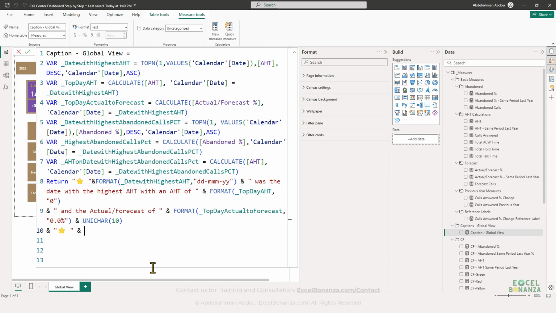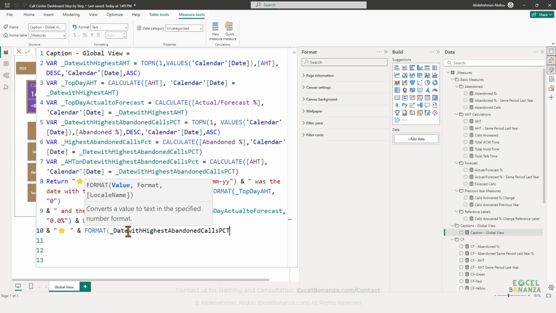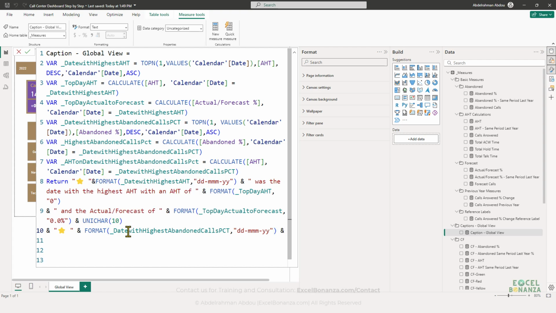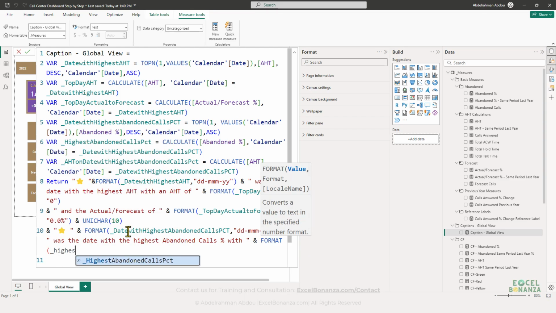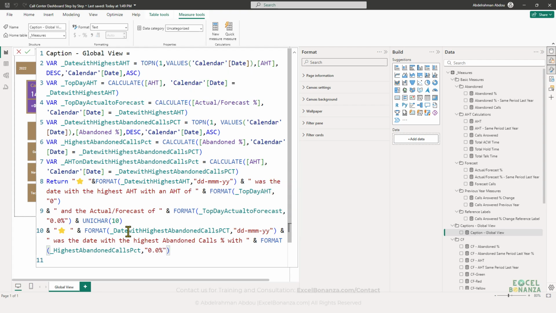the date with the highest abandoned calls %, but I'm gonna format it first. So format the date with the highest abandoned calls % as dd mmm-yy, and we're gonna concatenate that onto a space, and then "was the date with the highest abandoned calls % with" and a space, and then close the double quotes. Then we're gonna concatenate that onto the highest abandoned calls %, formatted as 0.0%, close the double quotes, and then we're gonna